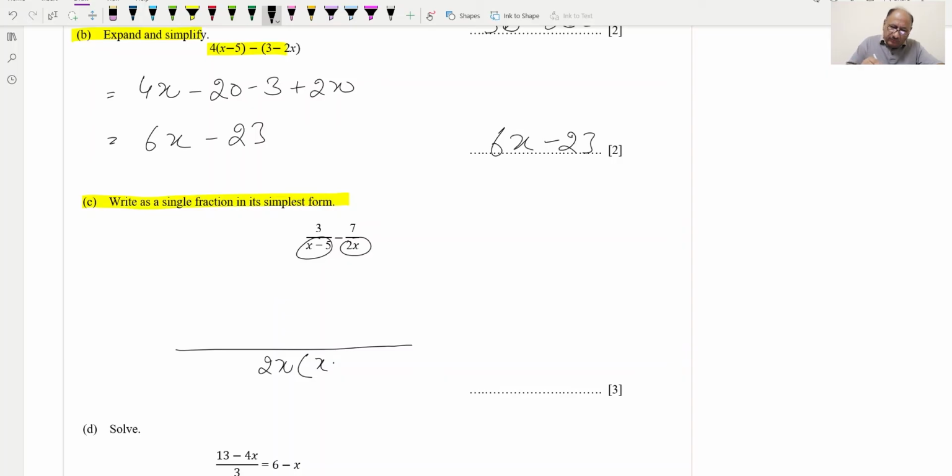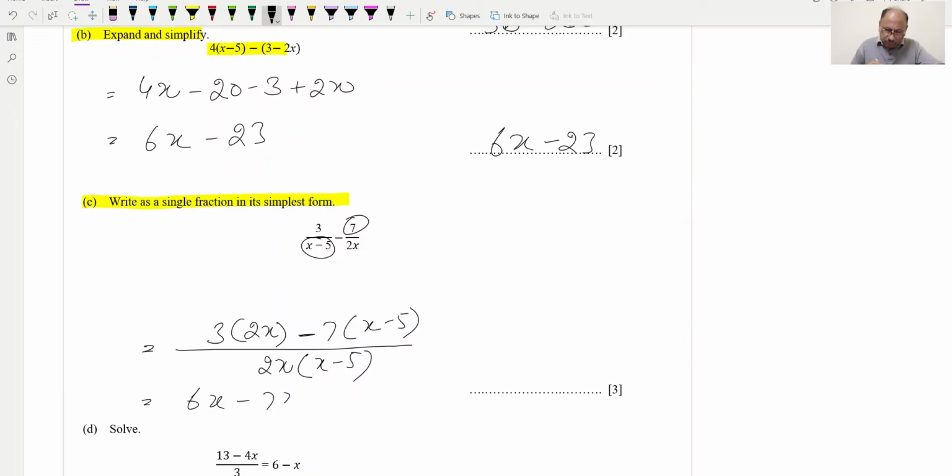After that we will multiply this with this, and write it here, and then whatever sign is in the middle, which in this case is minus, we copy here. And 7 multiplied by this, so we write 7 into x minus 5. Then we just open the bracket, so 6x minus 7x plus 35,